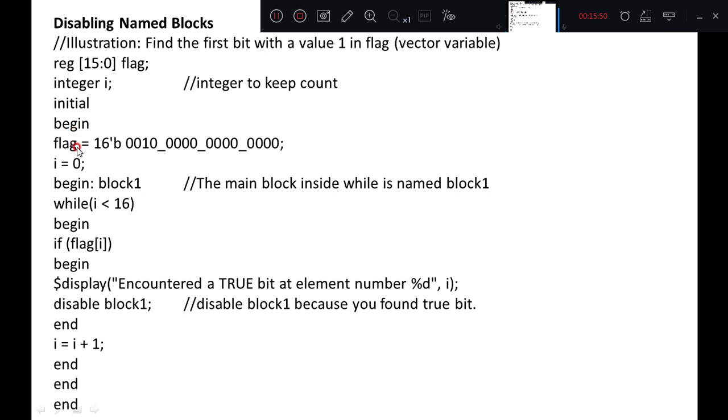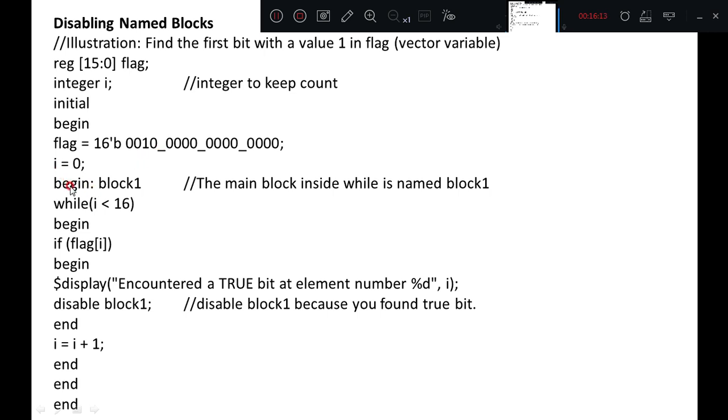So initial begin, flag we are writing 0010, so remaining all zeros. So 16-bit data separated by underscore, we have written. This is allowed in Verilog. It is all together treated as 16-bit data, even though we have separated it by underscore. Underscore is not part of data.